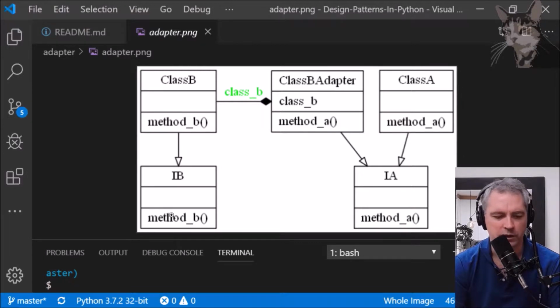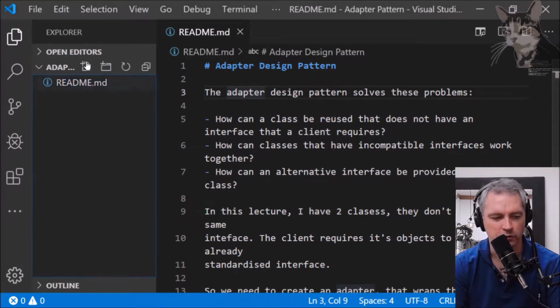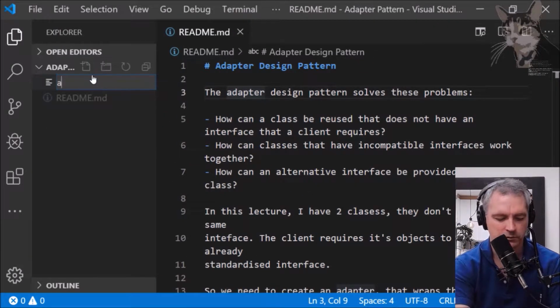Class B with its interface will remain unchanged. Class A with its interface will remain unchanged. But we'll create a new class called Class B adapter, which will instantiate its own Class B, but it'll expose a method A, which will actually call Class B's method B. Let's do that. Okay, so the first thing I'm going to do is create a new file called